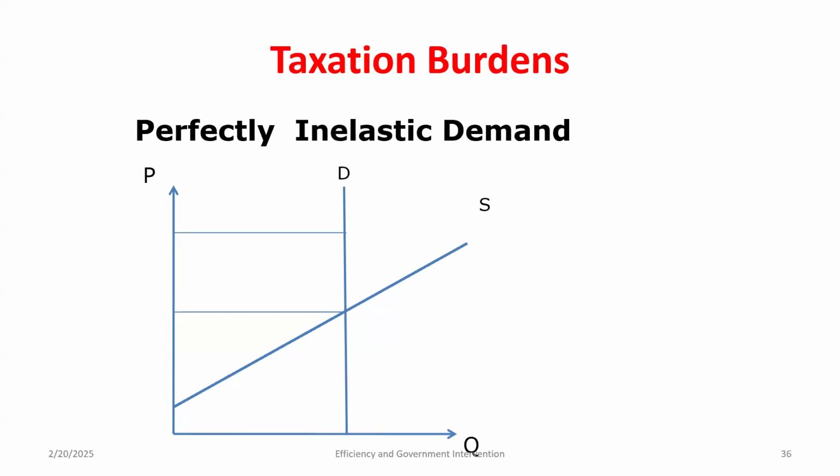Where would my producer surplus be? What is the marginal benefit to producers? Price. What's their marginal cost? The supply curve. So here is my producer surplus. Where's consumer surplus? Well, this one gets kind of weird. What's the marginal benefit of consumers? The demand curve. So it's like the area below the demand curve. It's vertical, so it gets kind of weird here. But above their cost, which is the price. So consumer surplus, if I have perfectly inelastic demand, is huge.